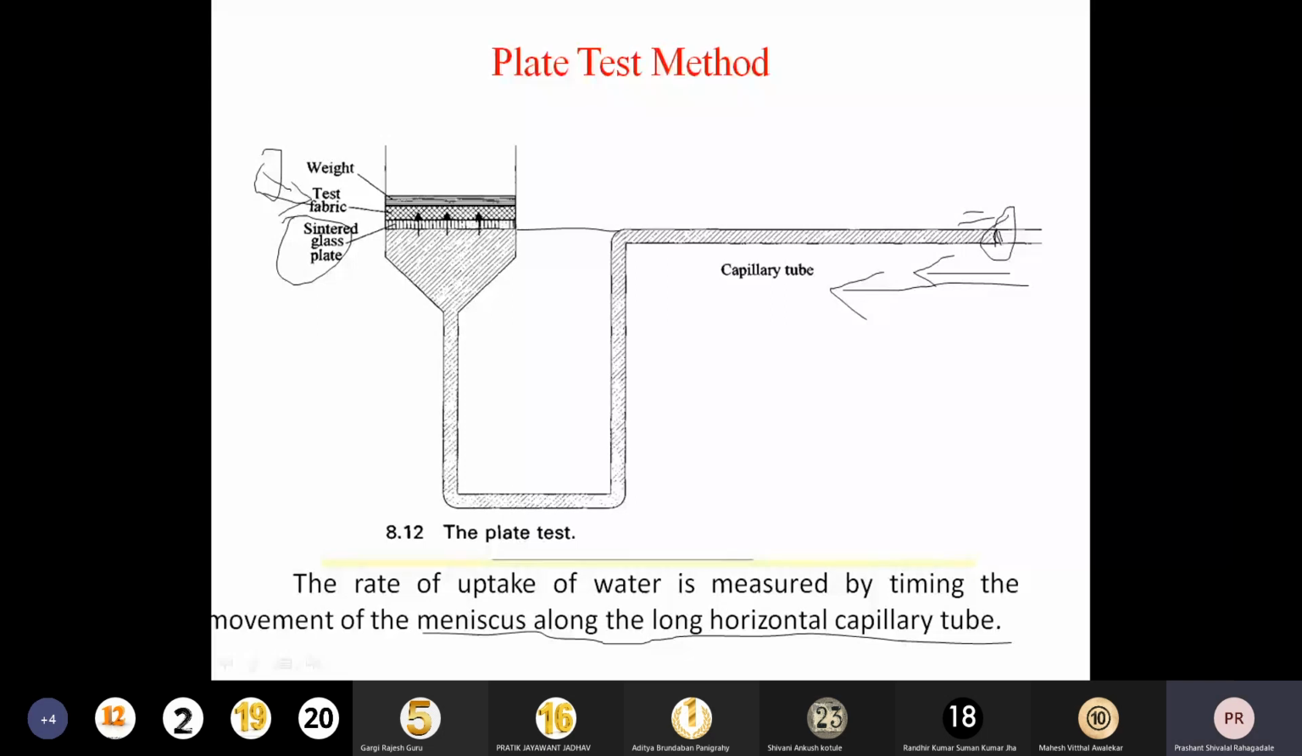Still we are trying to maintain a constant pressure here. Very low pressure we can maintain in this case. Roughly it is 0.098 kilopascal, around that pressure we maintain here, so that you will get the rate of uptake. So this transverse leaking can be measured here by measuring the time required for this meniscus to move